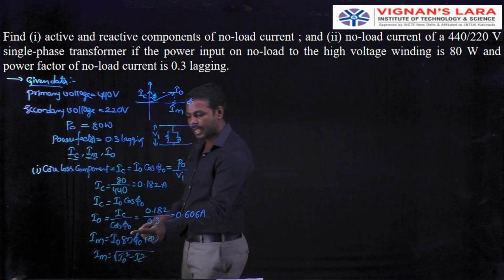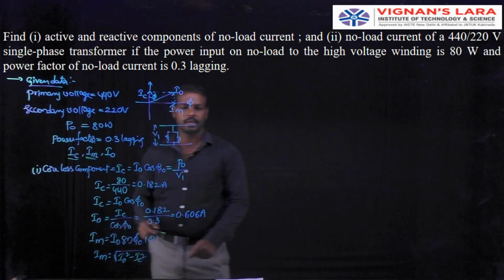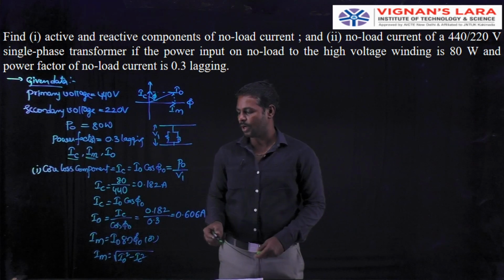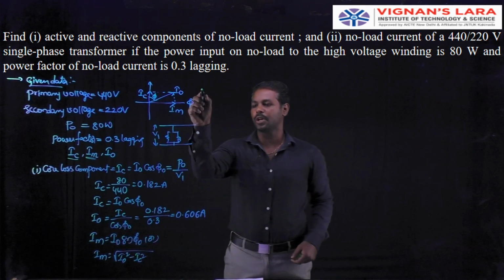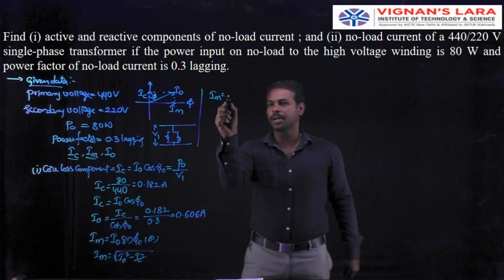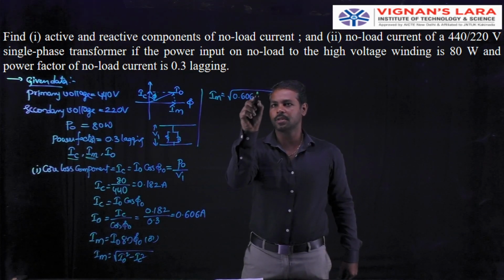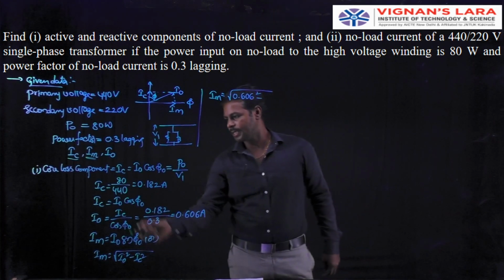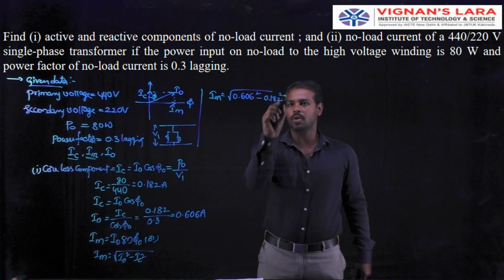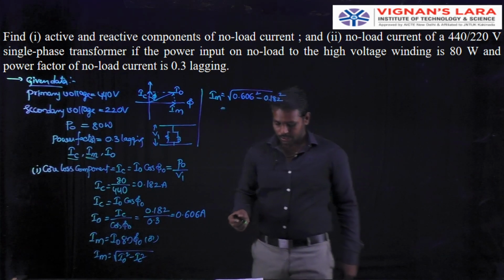Using either expression, we can easily calculate the reactive component of no load current. So Im is equal to the square root of 0.606 whole square minus 0.182 square,